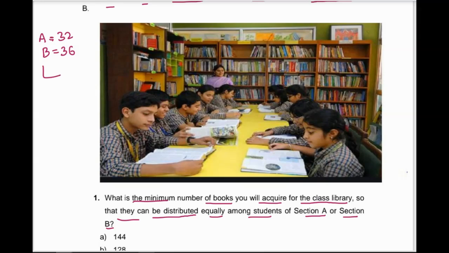So we'll find the LCM of these two numbers. For 32, we divide by 2 repeatedly: 2 ones are 2, 2 sixes are 12, 2 eights are 16, 2 fours, 2 twos, and 2 ones. Then we go for 36: 2 eighteens, 2 nines, then 3 threes, and then 3 ones. So here we can see